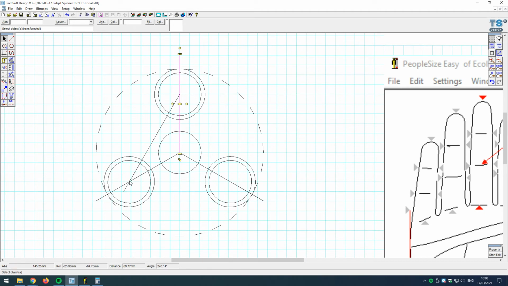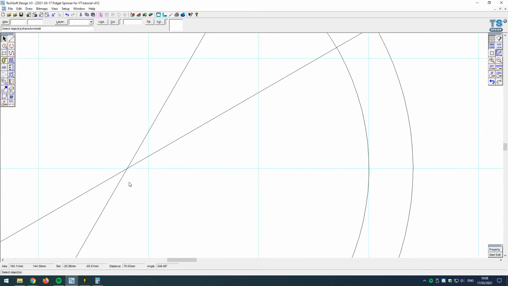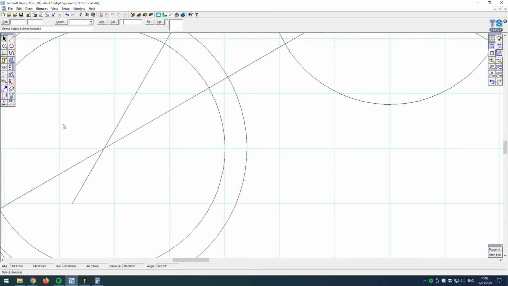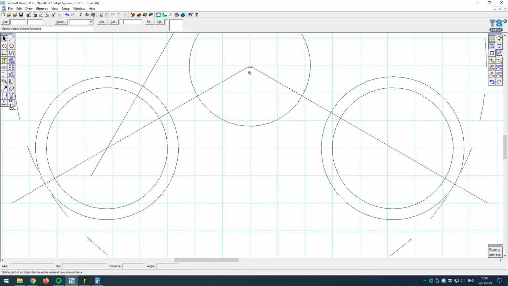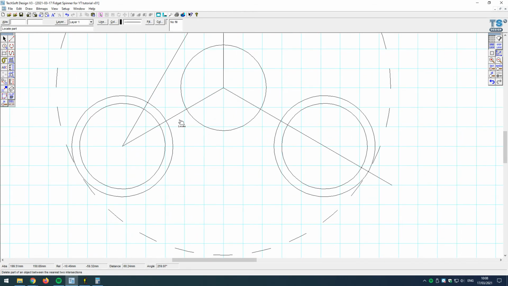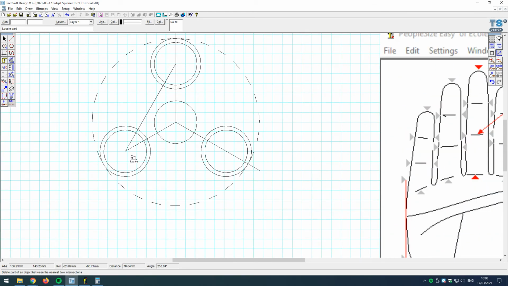It's therefore going to pass through the center of this bearing, but I don't know where the center exactly is. And now I can see with this intersect coming in from the center, this intersect here is actually the center of that point. Now, using the delete part tool, I'm going to pull this back. What I now get is an actual precise location where that is the center of the circle. So that means now that I can be certain that this point is running from the center of this bearing